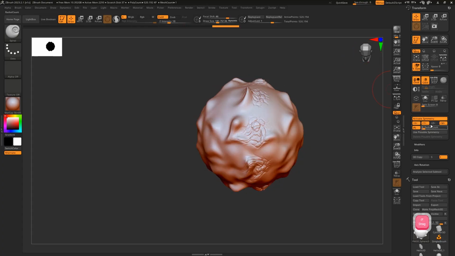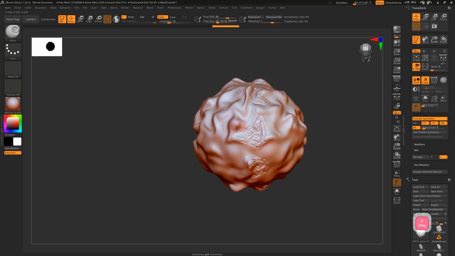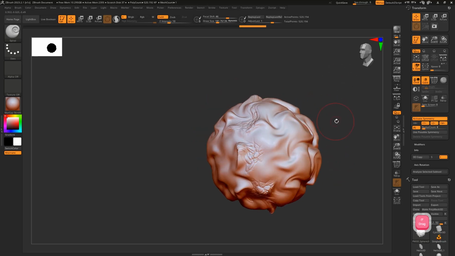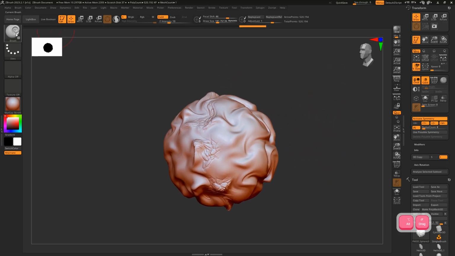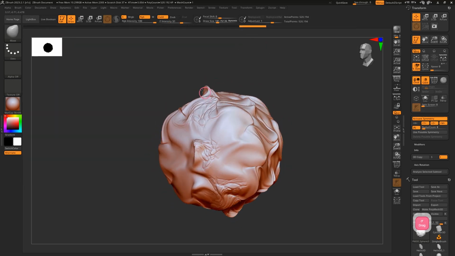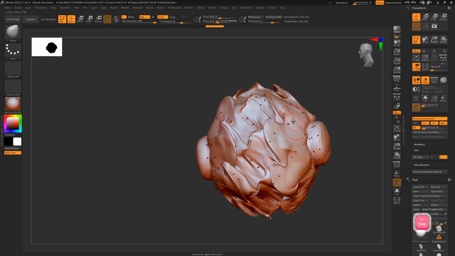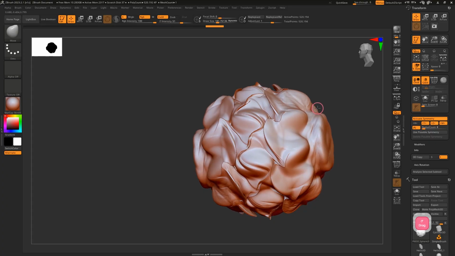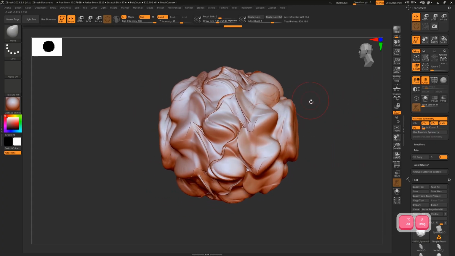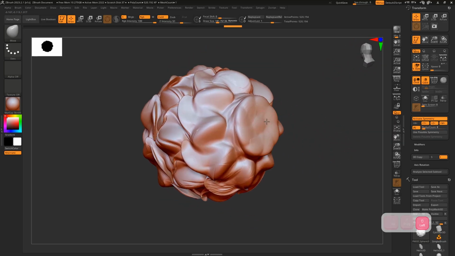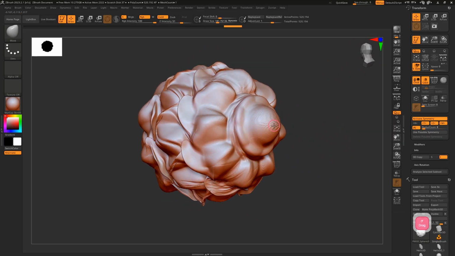That's really cool. Let's say you want x and y, then you get multiple points that you can work with. And you can get really cool shapes with this, by the way. It's really fun. Let's say we do the move. Basically, you can come up with a lot of nice, interesting shapes very easily just by using the radial. I think this is a really cool feature they have in ZBrush. So you can come up with really nice shapes